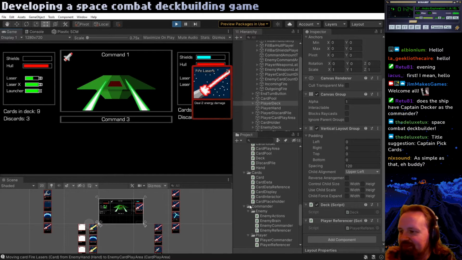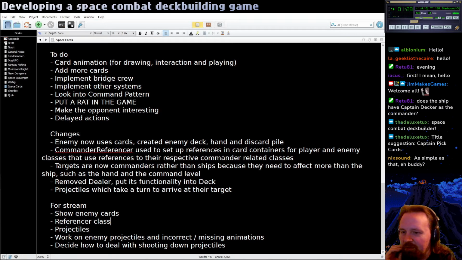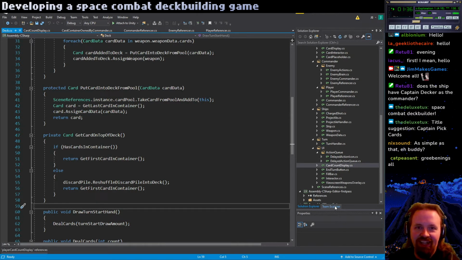So, let's begin, shall we? So the first problem is the missile shows as launching and hitting the target when you...